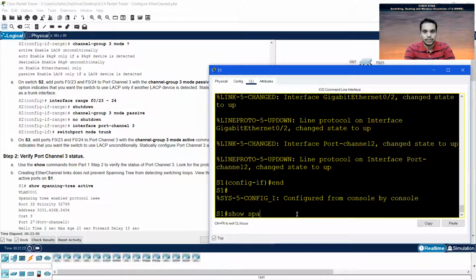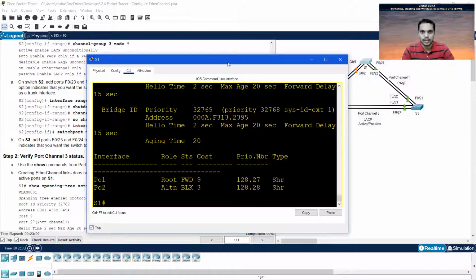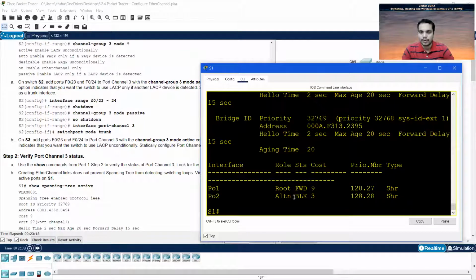Now on S1, you need to type in show spanning-tree active. So what is happening? There are two port channels. Po1 is the root port. Po2 is the alternate port. Okay, this is how you set it up. You see the cost, and the root port is in the forwarding mode, and the other one is in the